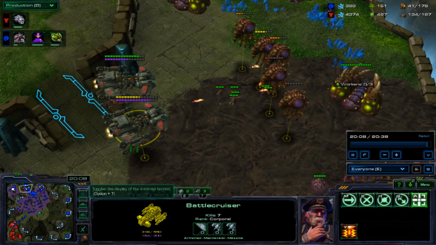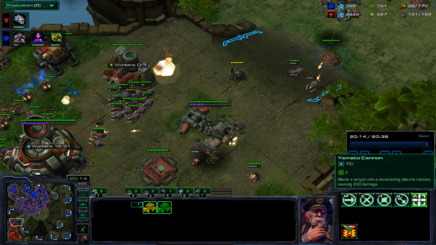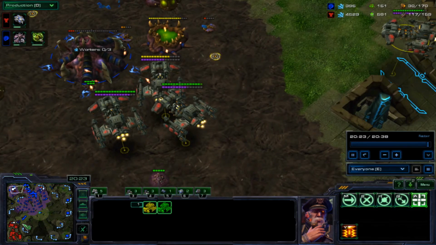And guess what? If the Zerg goes Corruptors, all you really have to do is bring your battle cruisers together and start Yamato-ing the crap out of those Corruptors. And as you can see here,